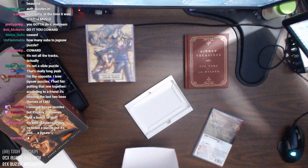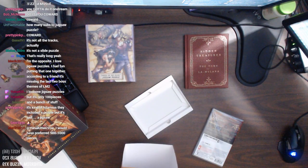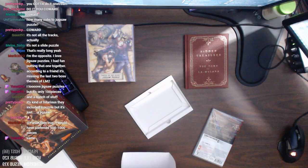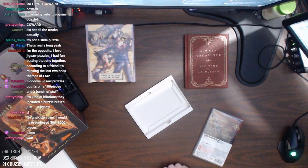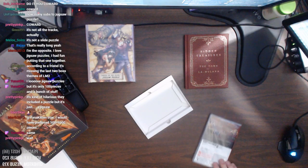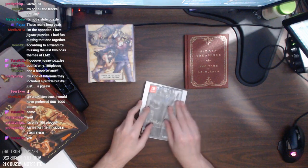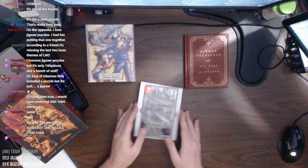Cool screenshots. Looks like the first 2 are from La-Mulana 1 and the second 2 are from La-Mulana 2, exactly like you'd expect. It's both English and French on here. That's nice. I don't know if I'll ever end up opening a lot of these. A lot of them, for me, it's